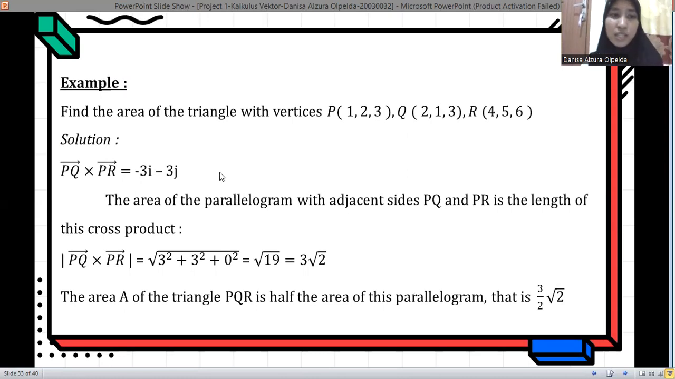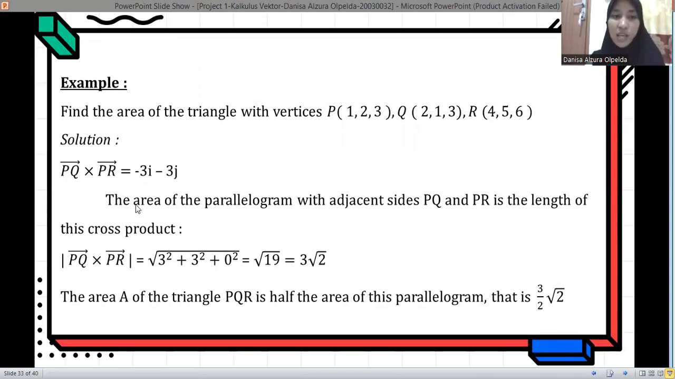Example. Find the area of the triangle with vertices P(1, 2, 3), Q(2, 1, 3), and R(4, 5, 6). Solution. PQ cross PR is equal to minus 3i minus 3k. This is from the last example, the one before. You can see